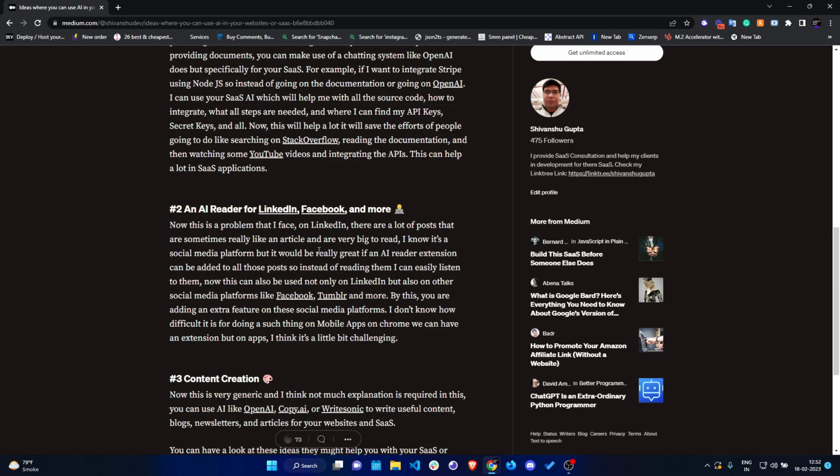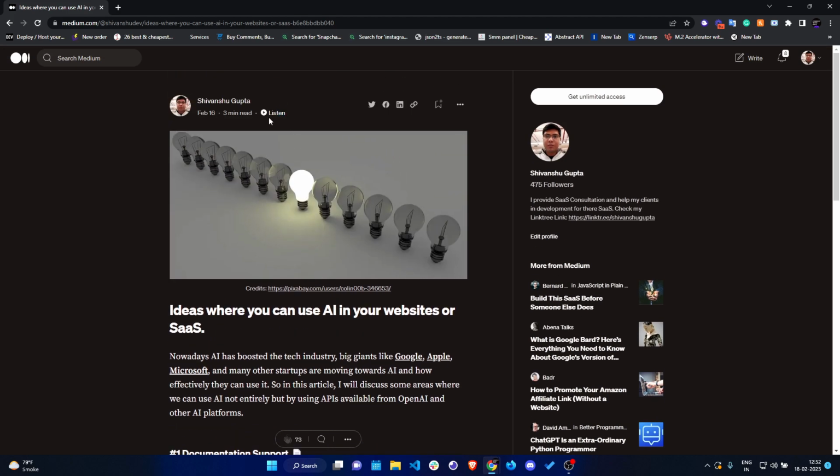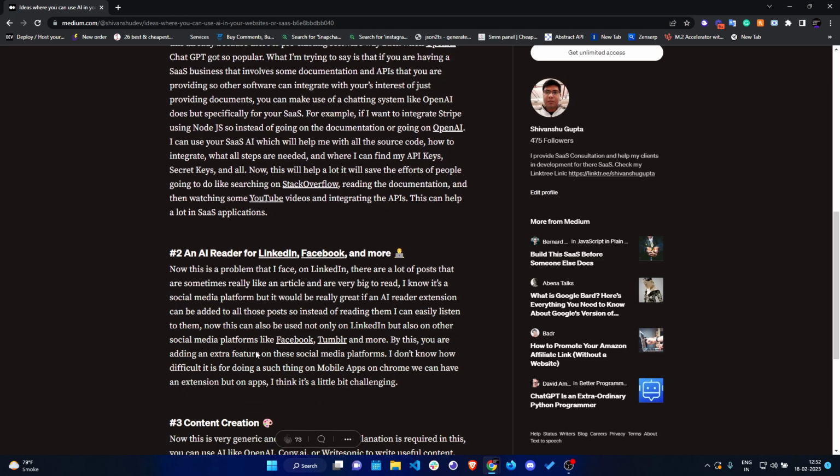So it would be really great if we can have a browser extension, and just like how Medium has a listen button on top, but it should feel natural, like something coming out of a human mouth, something an AI can do in terms of narrating. Such an application or extension could be very, very helpful,